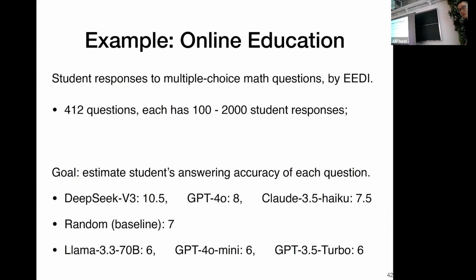We do look at the bias in these models. It turns out all of the models tend to think that students are very smart. So they are good at selecting the good answers, but if you really want to simulate student behavior, it's a different question. They are biased upward in the answer accuracy.